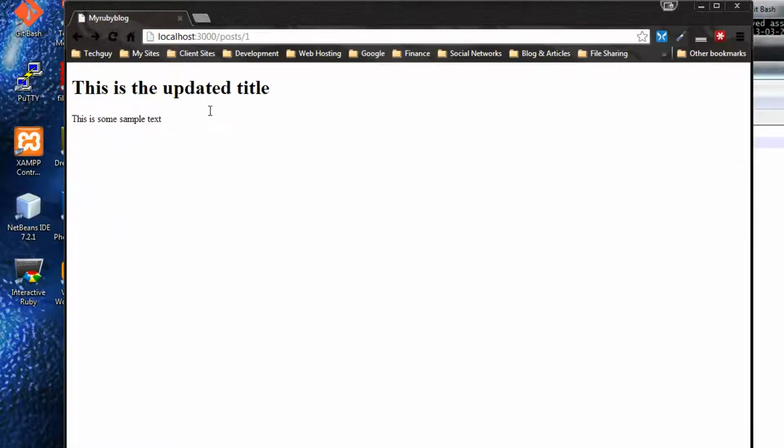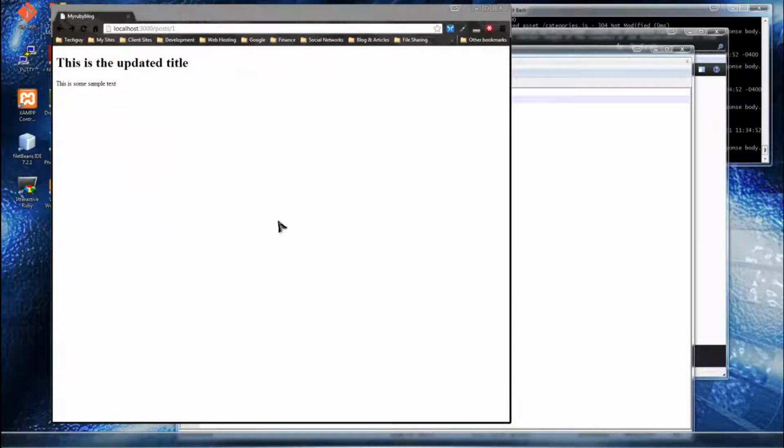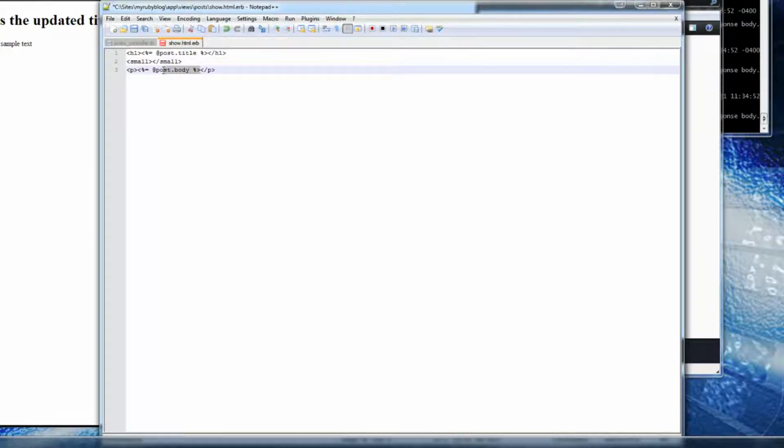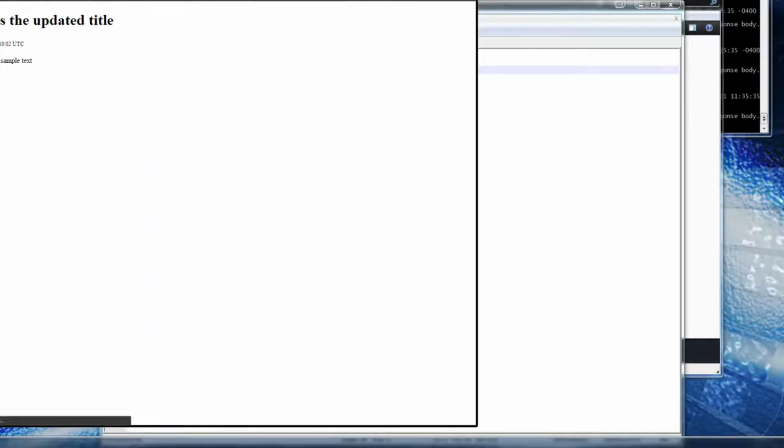Actually, one more thing, I'm going to add the date. Since this is a blog, it's a good idea to have the date. So if you remember, by default, Rails puts a created_at and an updated_at field. We'll call them in the database. So we want the created_at field. So I'm just going to put them in small tags. And if we copy this and then we change body to created_at,